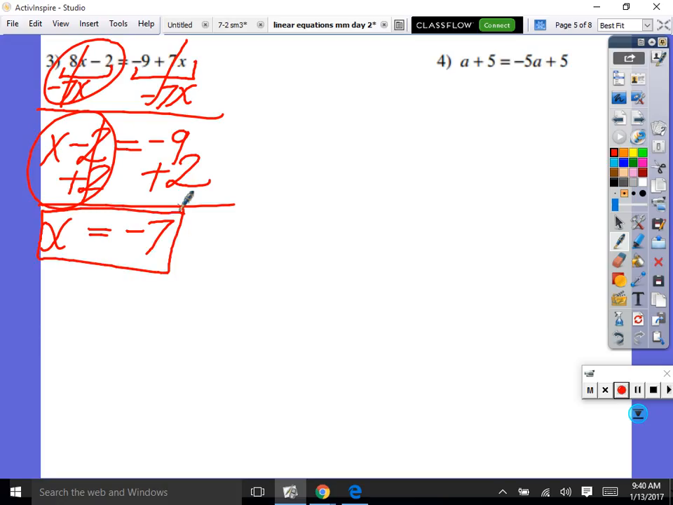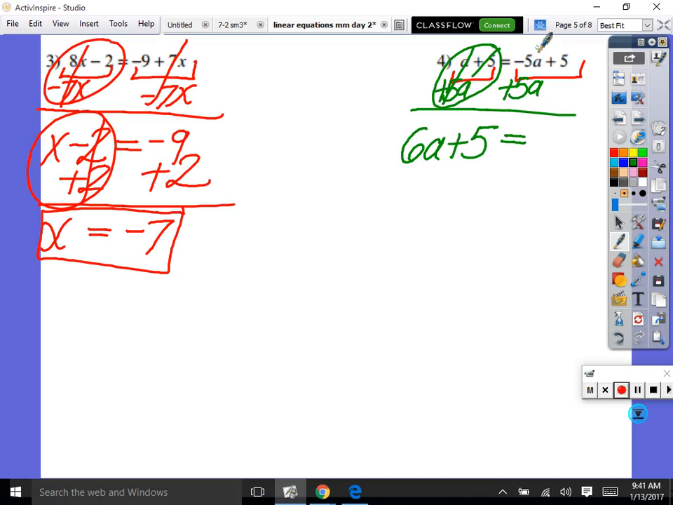Okay, let's go on to 4. Notice all of my like terms, there's no like terms to combine. Okay, now we have an a over here and a -5a over here. We need to combine them, but we can't just float them together. We've got to use inverses. So is everybody comfortable with saying, well, if that's -5a, I'm going to add 5a to both sides of the equation? Okay, now over here on this side, you're going to combine like terms. 5a plus a is how many a's? 6 a's. We still have plus 5